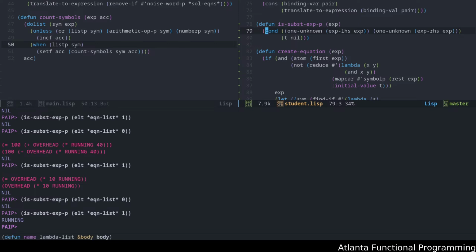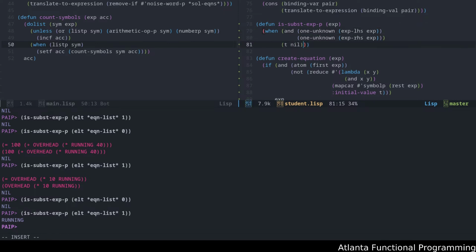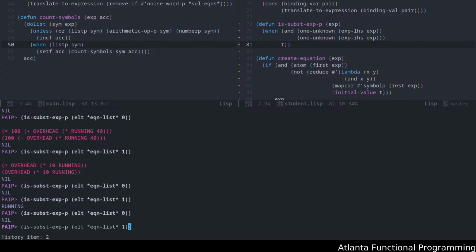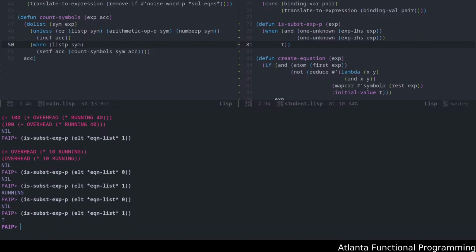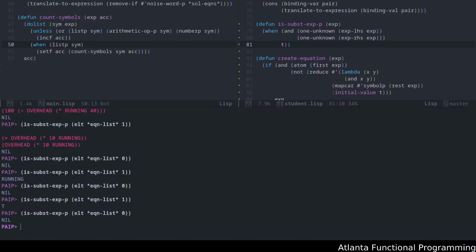Instead of using cond, just simply say when and t. Okay. This is nil. True. There we go. Now we got it working because the left-hand side overhead equals, the right-hand side has one unknown, and then we're good. Whereas in this case, the left-hand side is 100, the right-hand side is our actual expression, so we can't actually deal with that. So what we now have to do is we need to,